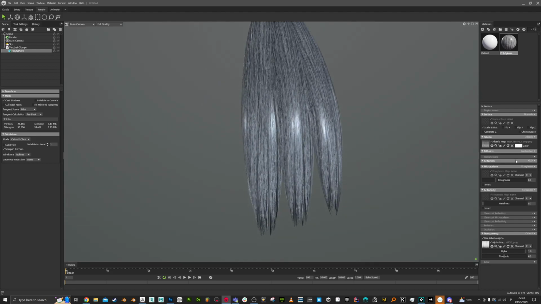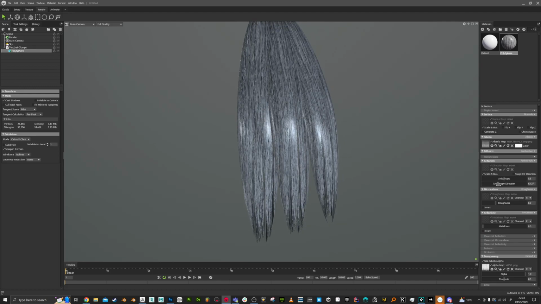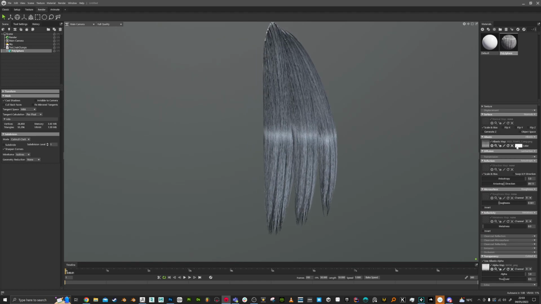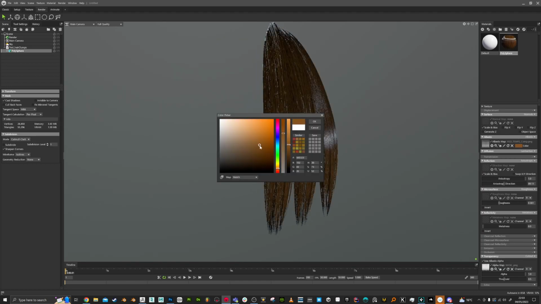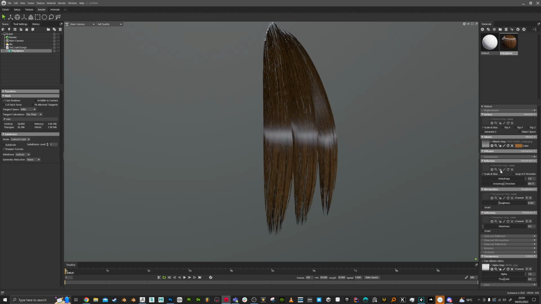Let's fix the shading of this. So I'm going to change this to anisotropic so that we can change it so it's going horizontally across the hairs like this, and we can kind of change that a bit as well. There we go. And play with the roughness if you want. The other thing I can do is tint the albedo because it's just grayscale, and get that. And also we want a secondary reflection,